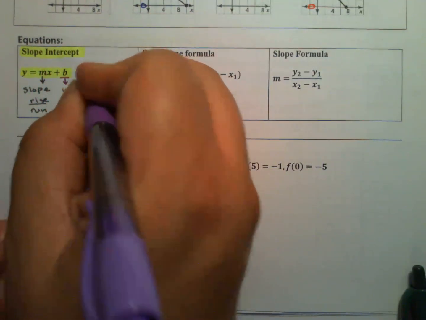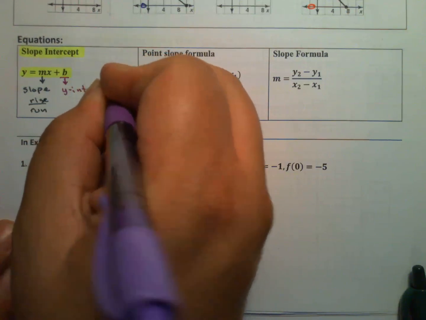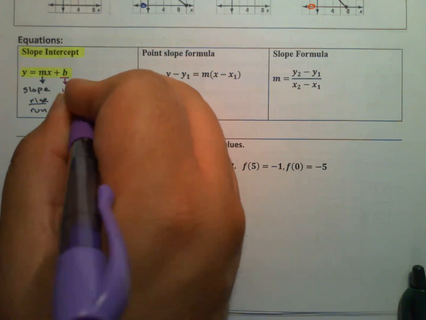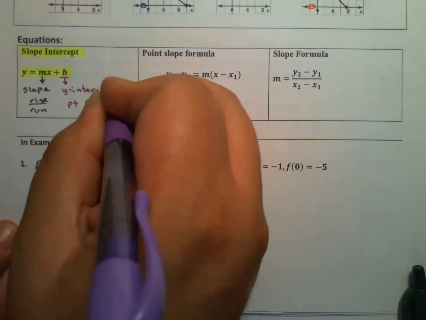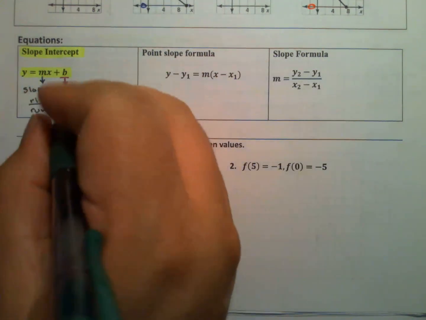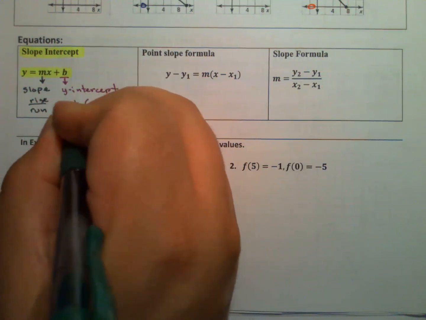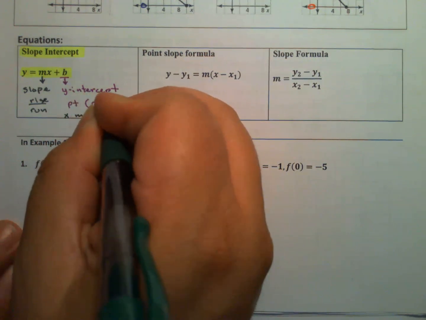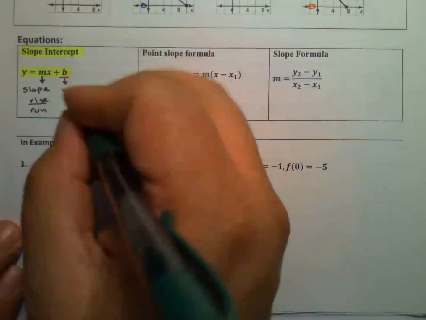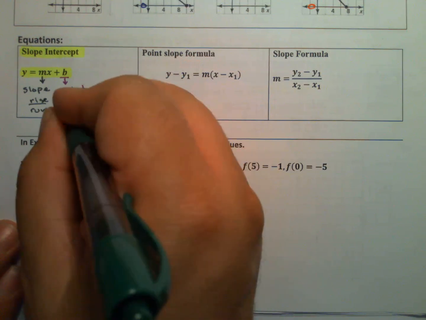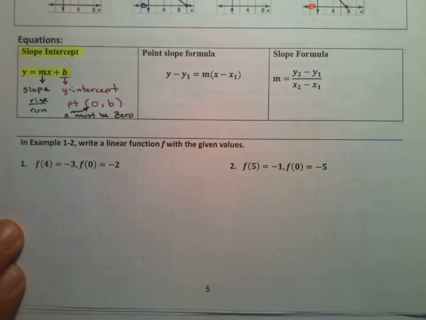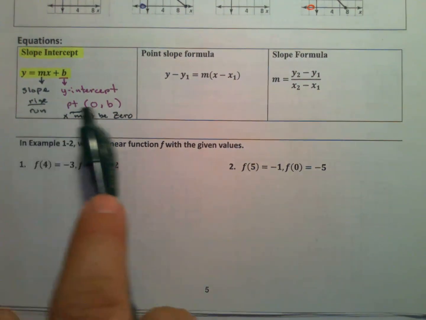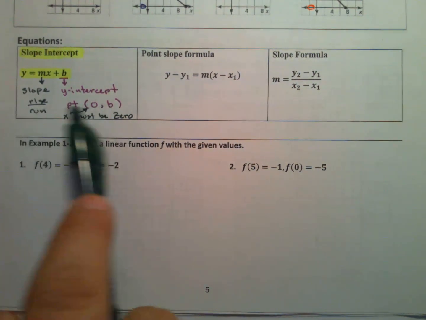And because we're doing a y-intercept, remember, it technically is a point, and the point would be (0, b). As we found last week, the x must be 0. When we're trying to find the y-intercept, our x value has to be a 0. So it's a point that we're graphing. And of course, we were using this when we were graphing, but we also can use this to create an